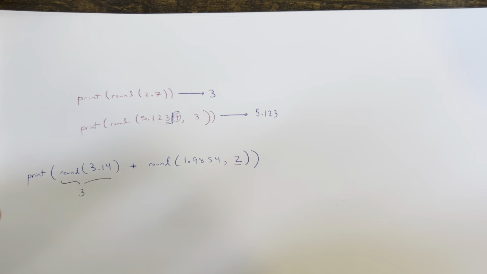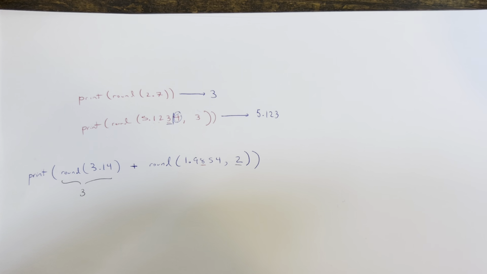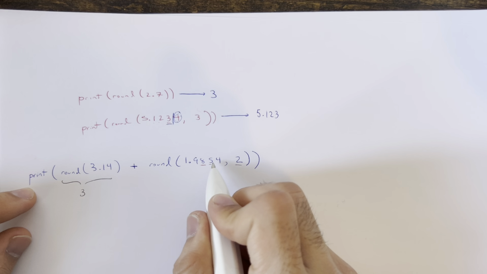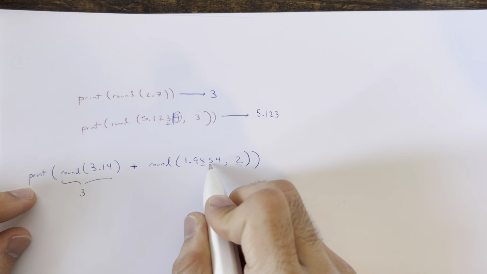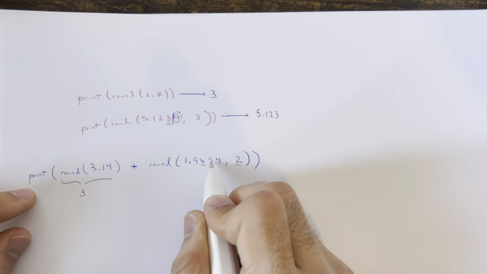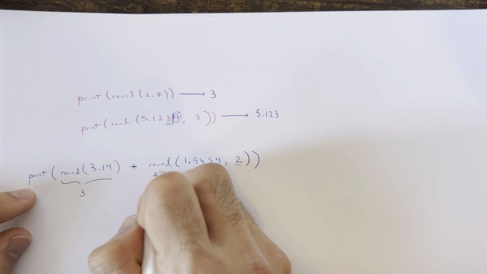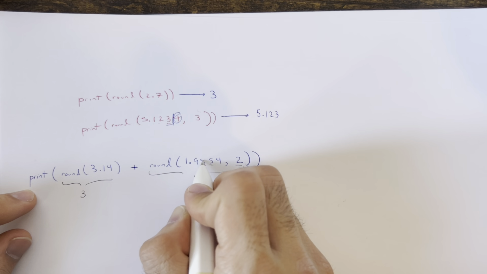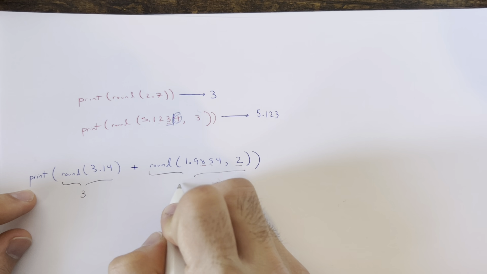So the second digit is here, right? That means we look at the digit next to it, which in this case is 5. If it's 5 and up, then we round up. If it's less than 5, then we round down. Since the next digit is 5, this 8 gets rounded up to 9, and we get